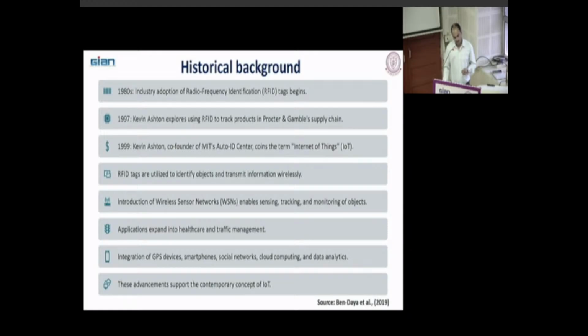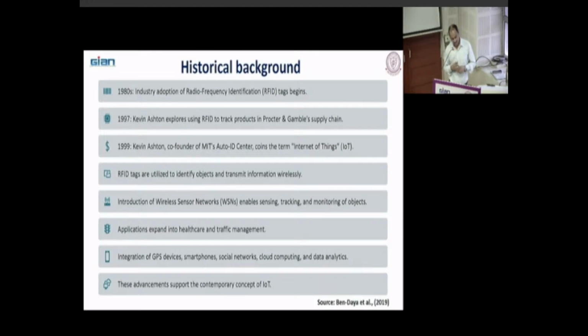Kevin explored using RFID to track the products in the Procter and Gamble supply chain. So he is the first person who started using RFID to track the products' movement in the supply chain.